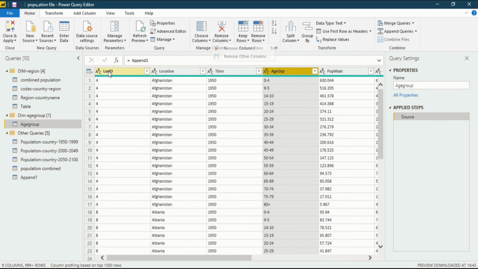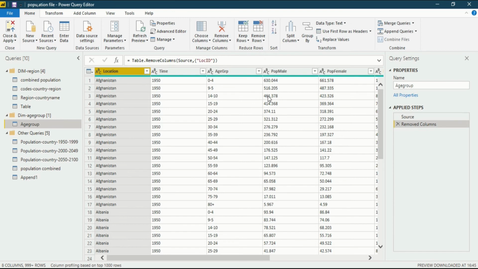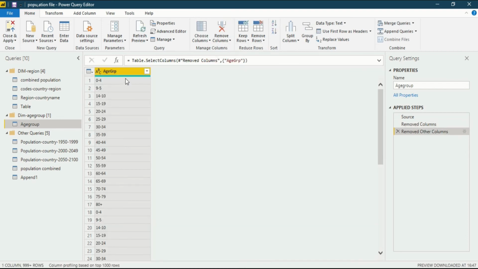If you want to remove this age group, you should click on remove column. Like if I want to remove a column, I have to go into the home ribbon, click remove column, and then click on remove column again. One by one I have to delete everything, so that takes a lot of time. But I know I want to keep this column. Apart from that, I want to delete every other column. So in the home ribbon, in the manage columns section, in the remove columns option, click on the lower part and click on remove other columns, so other columns will be deleted apart from age group. Now you are left with an age group column.